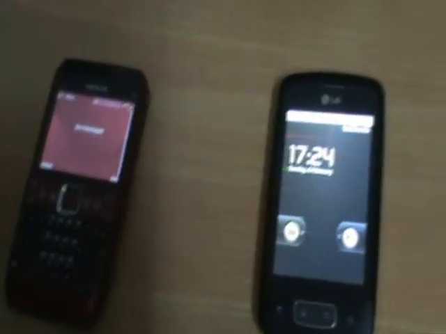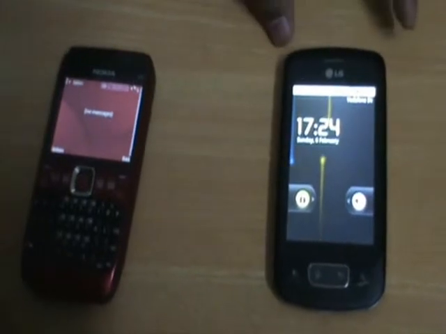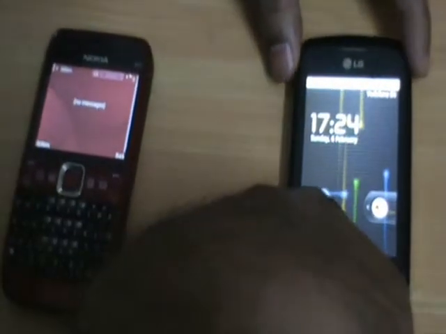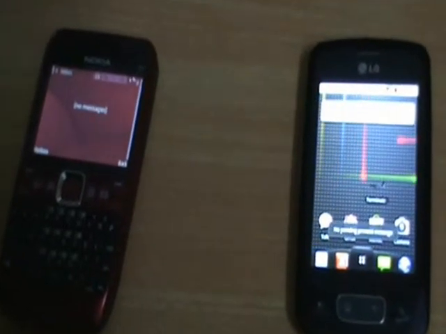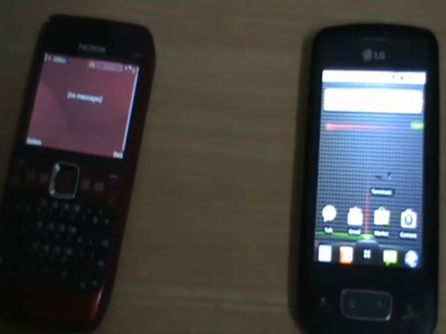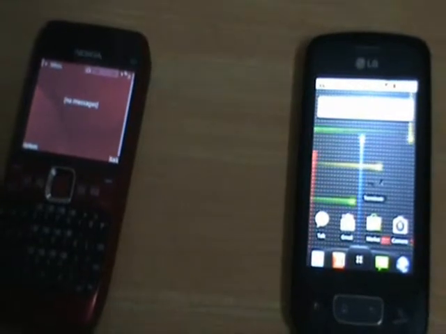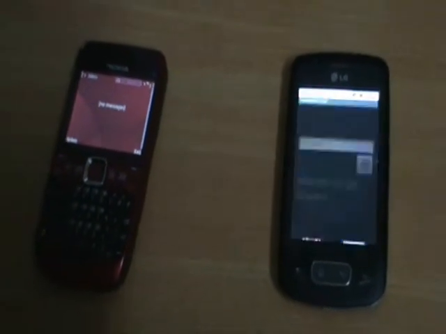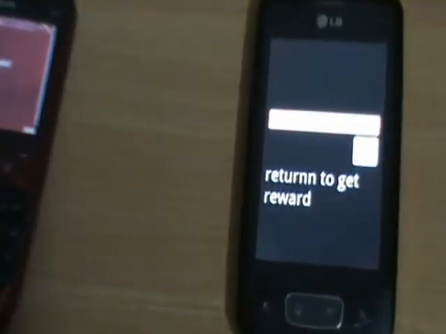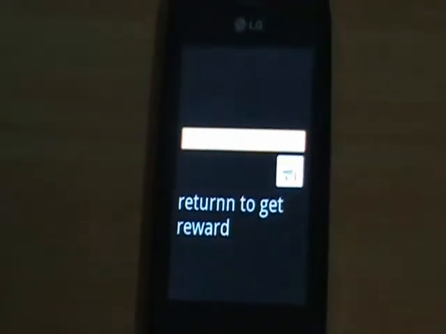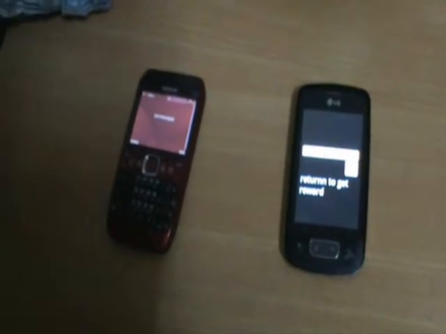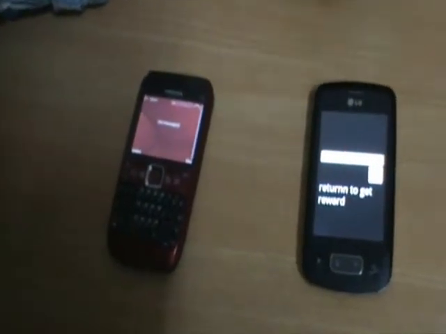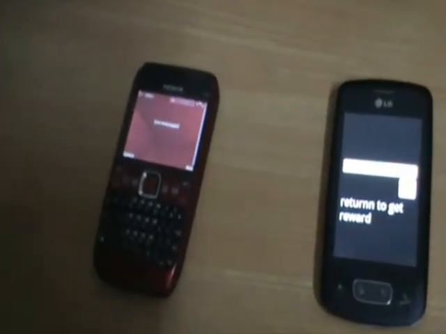So I'm waiting for Terminator to start. So Terminator should start shortly on this phone. Okay, so now the phone is locked because the SIM card has changed on this device. Now, so the lock command got executed.